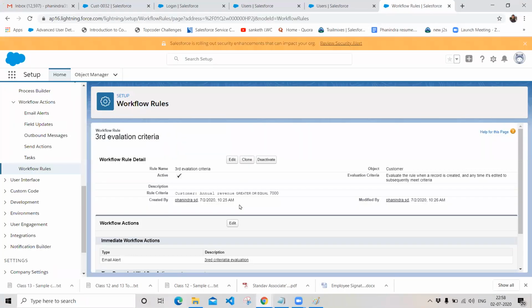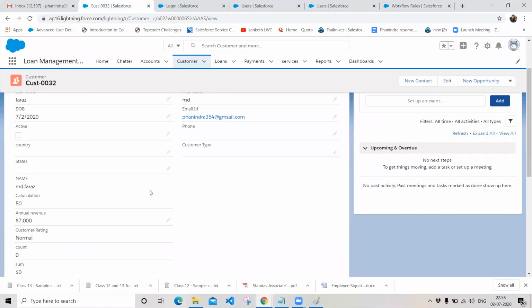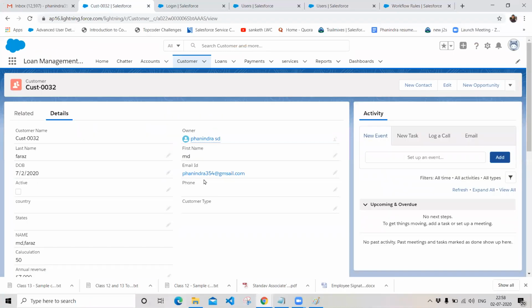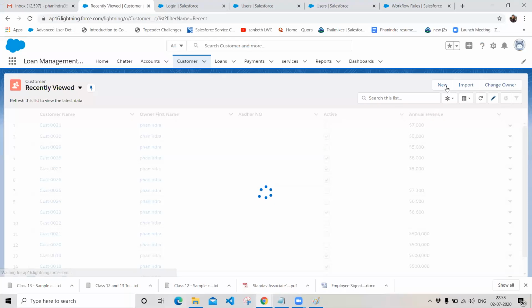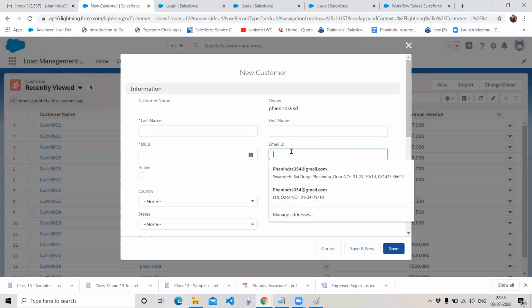Let's go and check. Greater than or equal to 7,000, and we have specified the amount as 7,000, and the email ID is right. Sorry, the email ID is wrong. Go back to our customer object and create a new record. Sorry.